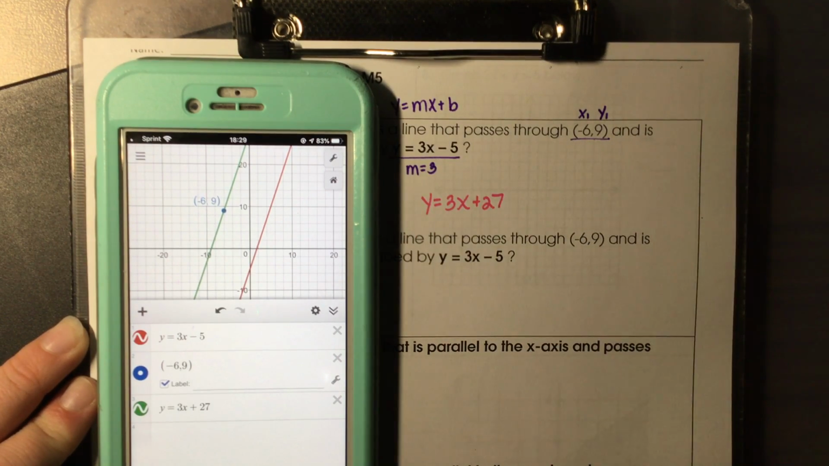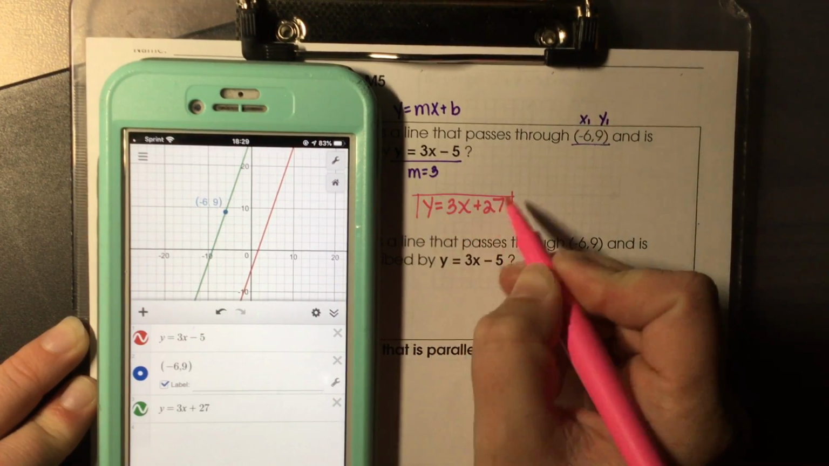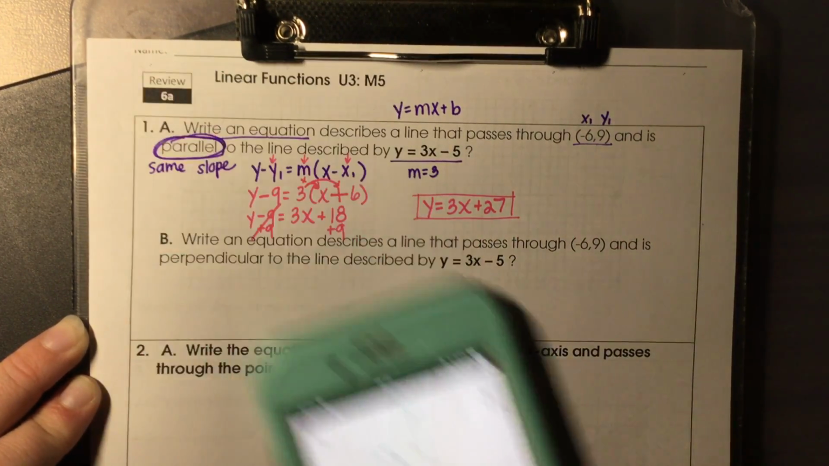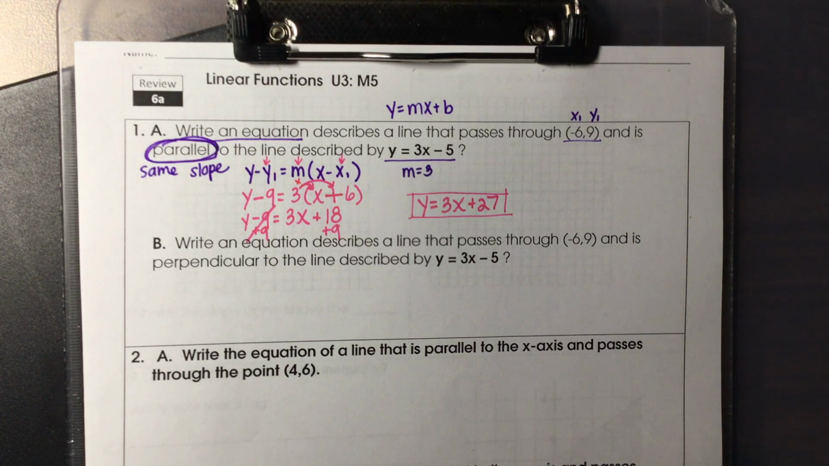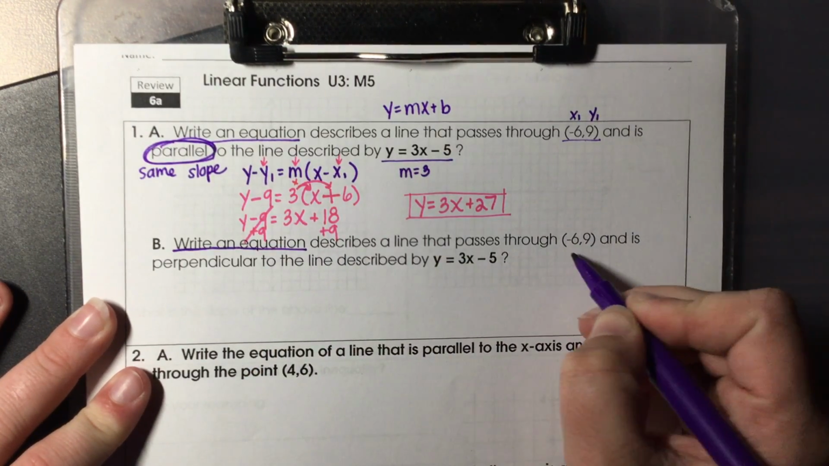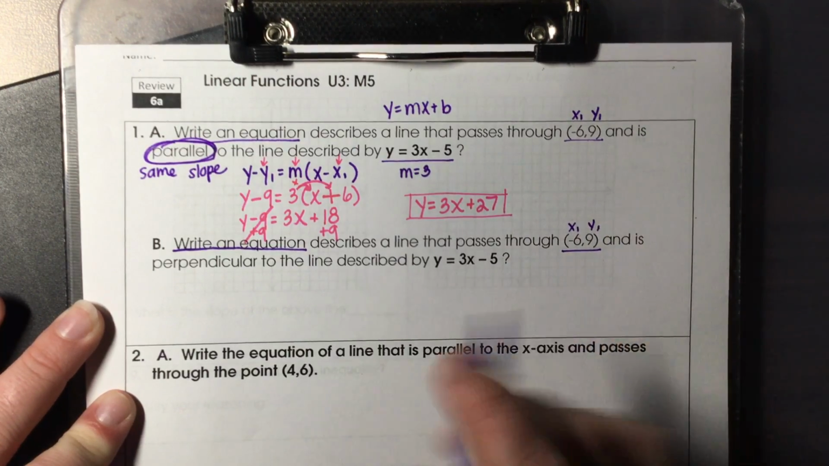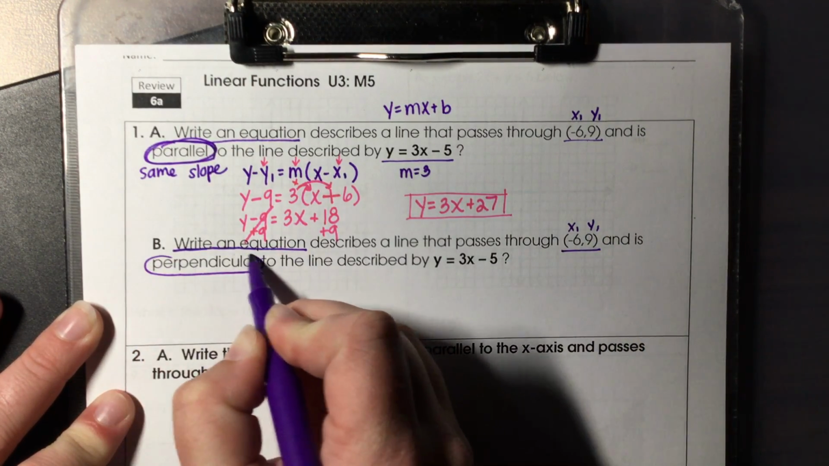So this is my correct answer. I put a box around it, and now we are moving on to part B. All right. So now let's go ahead and look at part B. Part B says, write an equation, so that's once again what I'm doing, write an equation that describes a line that passes through the point negative 6, 9, which is once again x1, y1, and is perpendicular,